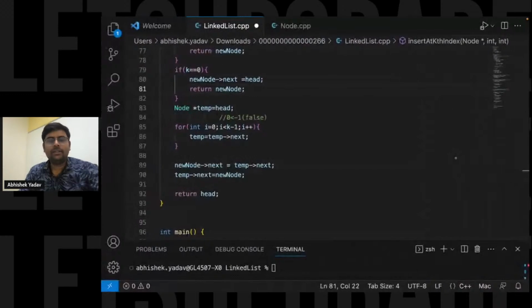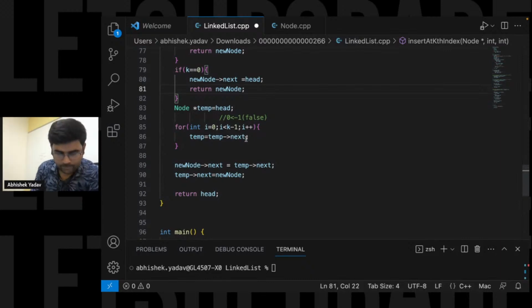Now this is clear. So that's why I'm using a for loop that is traversing from 0 up to less than k minus 1. Okay, so